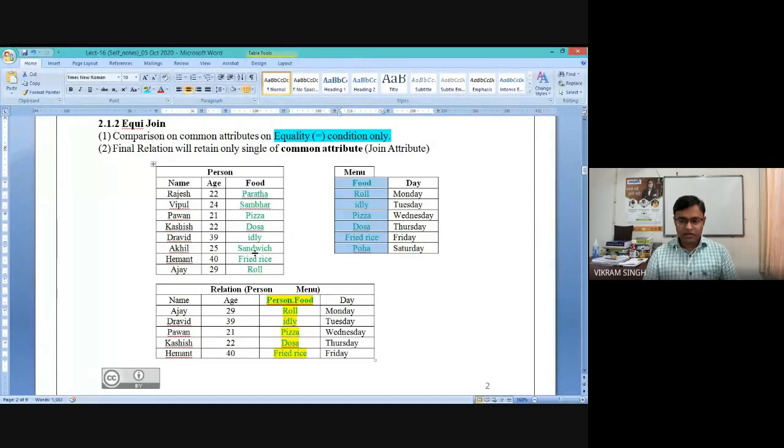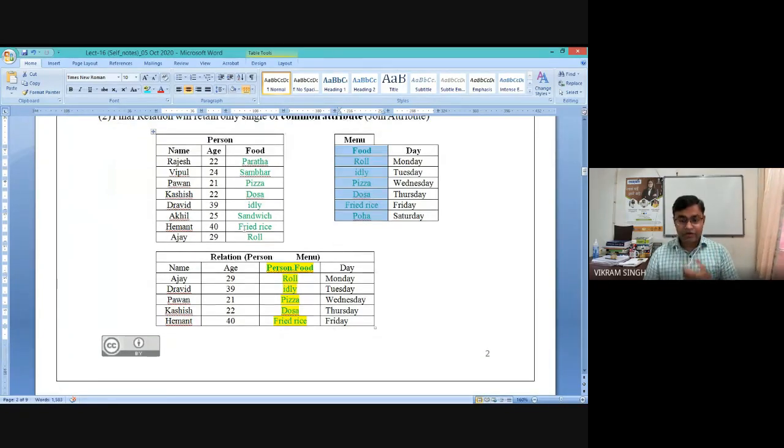So now this equijoin will be performed between these tables based on this attribute food, because we are taking it as an equijoin, it will retain only one copy. Now you have to specify, because this food column is available in both tables, and in the resulting relation, this equijoin operator will make sure that only one instance of the food column will appear.